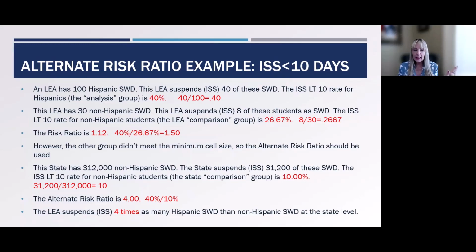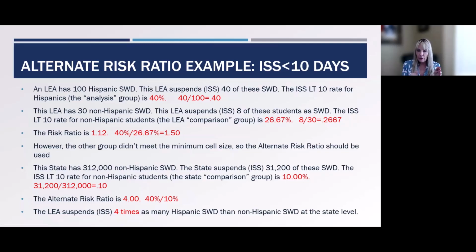So the threshold in Kentucky is 3.0. So since 4.0 exceeds 3.0, the state would then look to see what was the risk ratio or alternate risk ratio for this LEA in 2020-21 and in 21-22. Was it 3.0 or higher? If it wasn't, then the LEA is not flagged for SIG-DIS. However, if all 3 years it was at or above 3.0, then the state looks to see, did this LEA